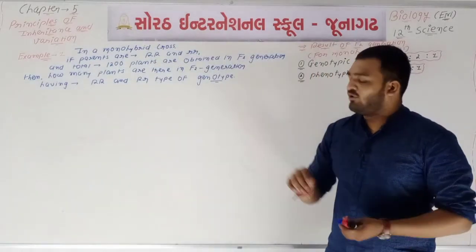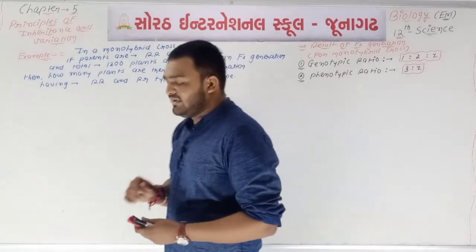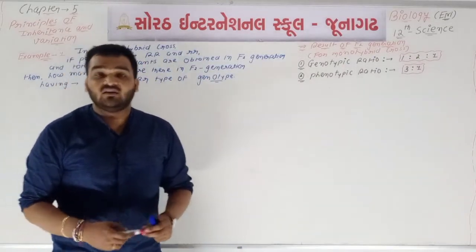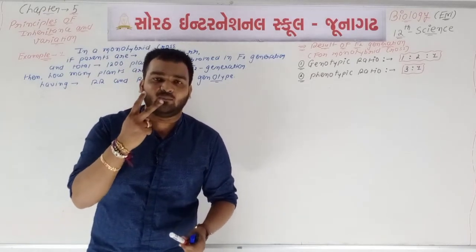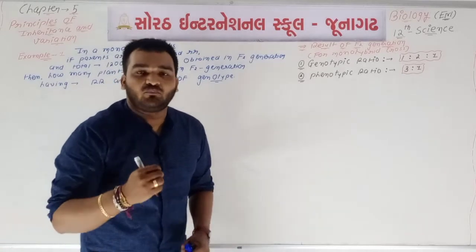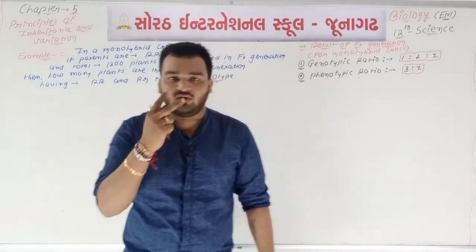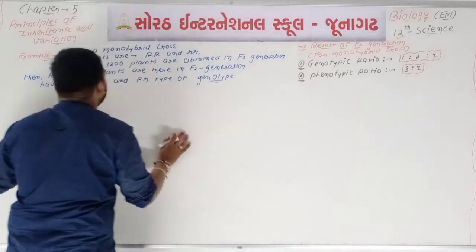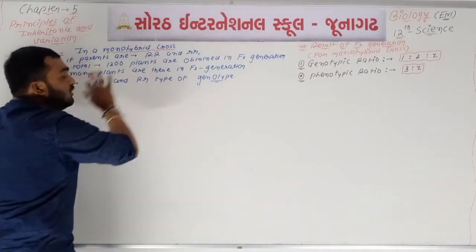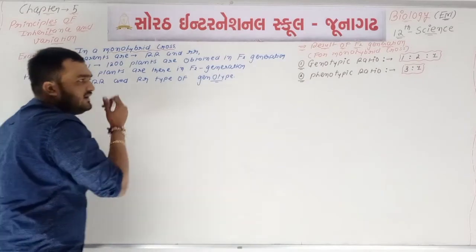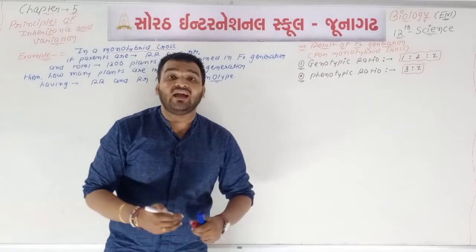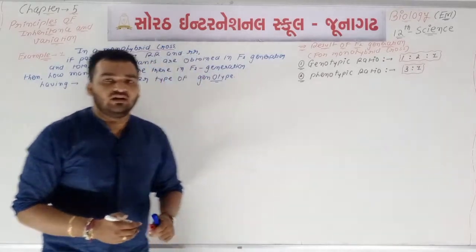First of all we are going to understand the question. In this type of example, if you are using both ratios, two words are very much important. This type of example is not possible without two words. The first one is monohybrid cross. We are talking about the monohybrid cross, because you will learn different types of crosses in future, like dihybrid cross and trihybrid cross, in the case of NEET.